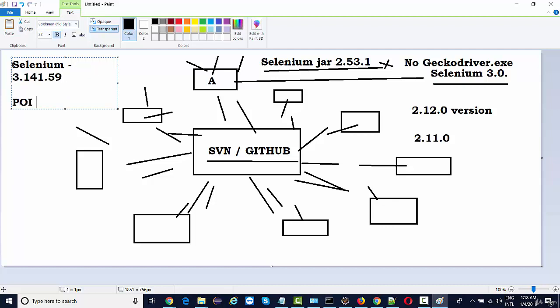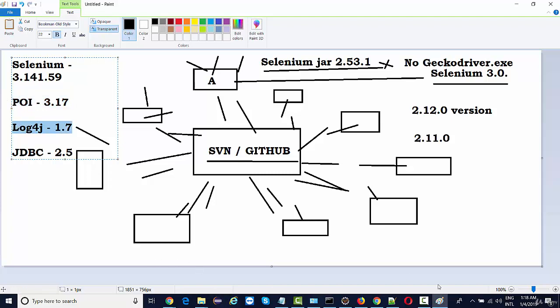Similarly, POI, let's say the latest version is 3.17. Then we have used log4j, another jar file, with a version, let's say 1.7. We'll use database connection, we're going to see JDBC later on, with a version, let's say 2.5. So every next Java project that you integrate with Selenium is going to have some version, right?